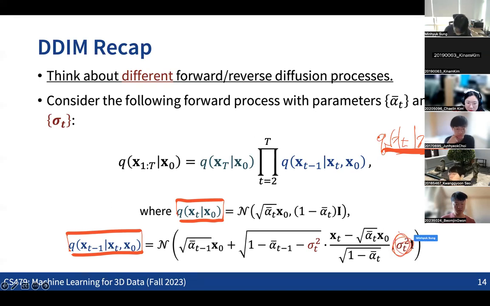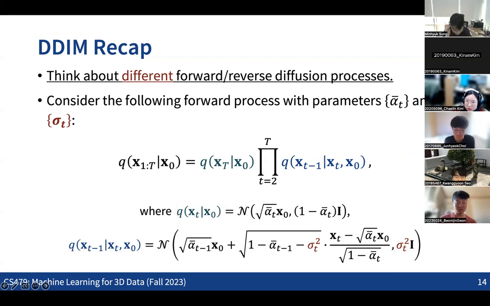So we are also defining these two, especially the second, the conditional probability distribution of x_{t-1} given x_t and x_0, based on the new parameter. In terms of that, we can even make some variations with the forward processes. Other than that, all the other processes are exactly the same. So we could define the reverse process in the same way by using this distribution.